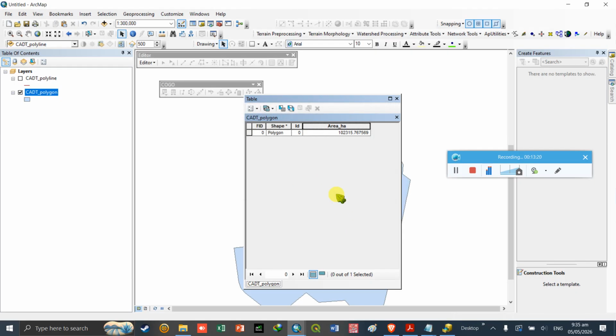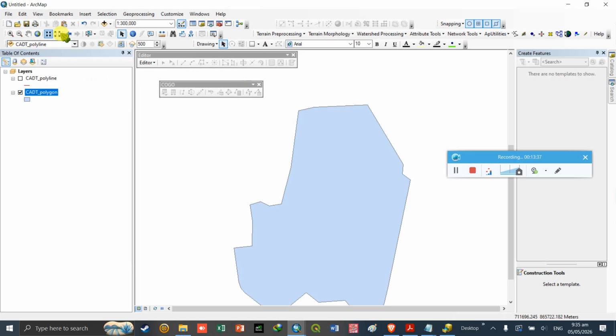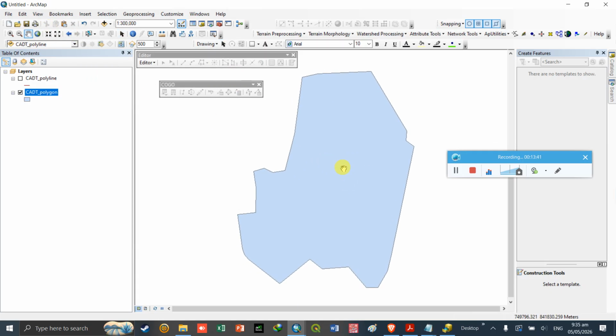So we now have the polygon with an area of 102,300 plus hectares. So you can now use this polygon for your location map, site information, topographic maps, site development plans, and so on.